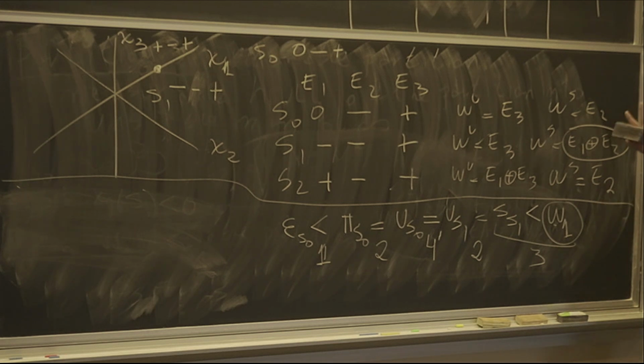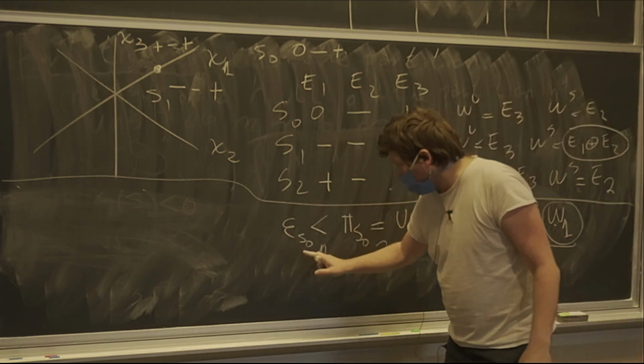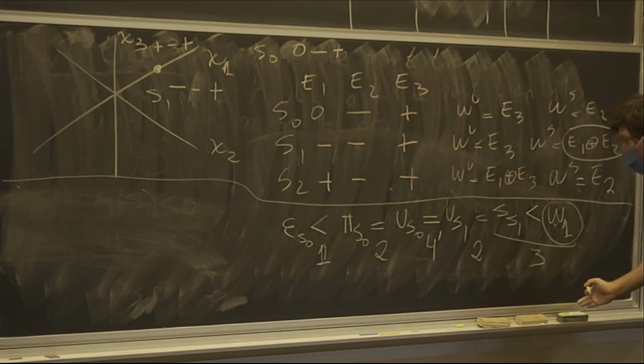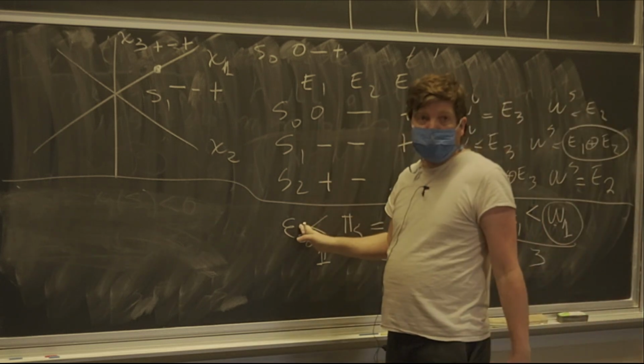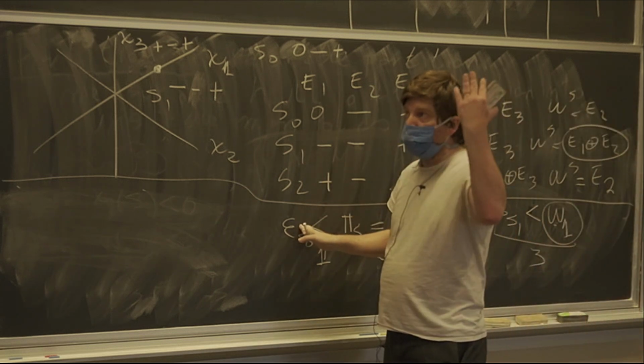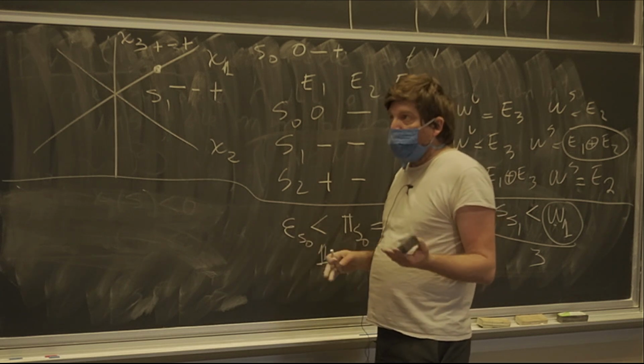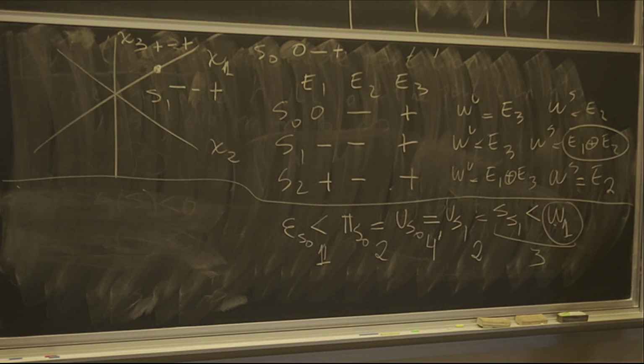And that's just by definition of the ergodic partition and definition of this inequality. It means that the atoms of W1 are inside the atoms of epsilon S0. So the leaf of W1 belongs to the partition, and belonging to the partition means ergodic averages are constant along W1 leaves. So that's Birkhoff theorem, actually. The fact that ergodic averages are constant along stables and constant along unstables. But this guy is not stable nor unstable. And that's the magic. And yet I can still say the ergodic average is constant